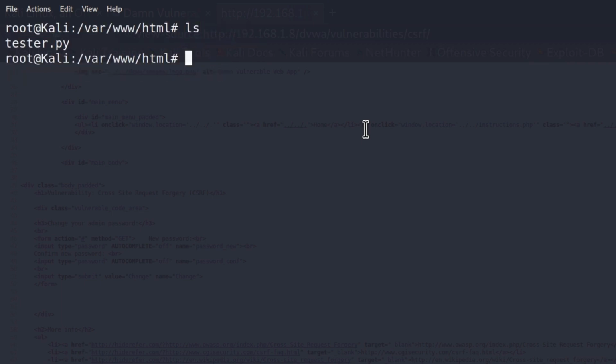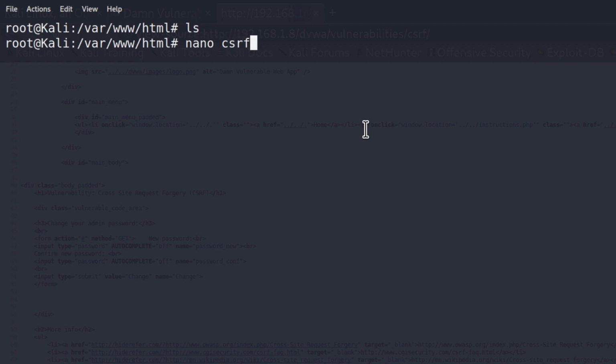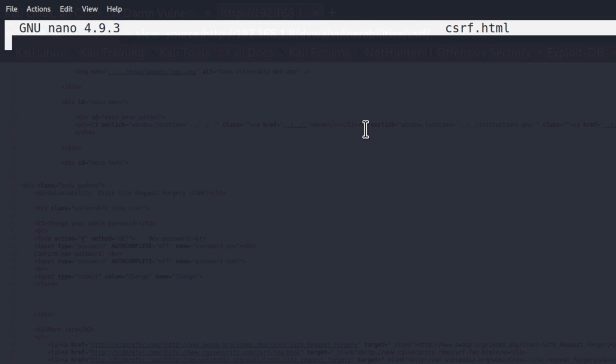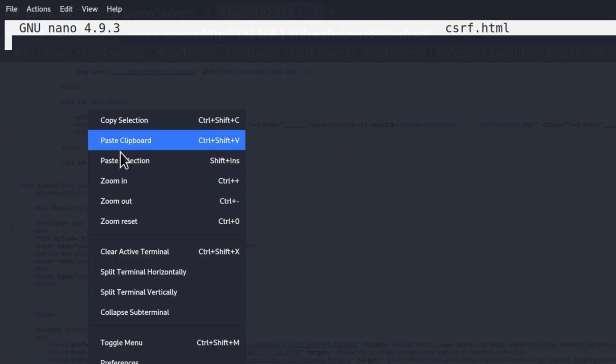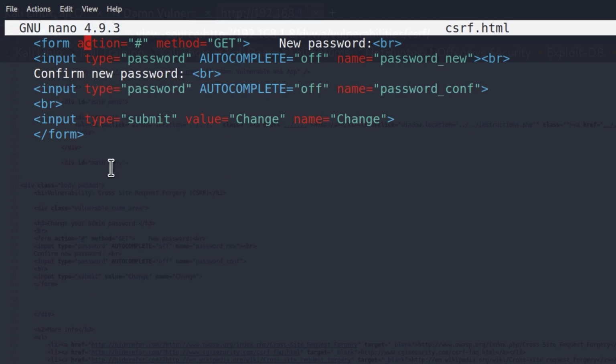If I type ls, we got our tester.py, we can remove it, we no longer need it here, and once you got this directory clear and empty, let us nano csrf.html file. Let's call it like that. Now feel free to call it anything that you want, just make sure that you have this HTML extension onto this file. Now that we opened it, we can paste the code that we copied from the page,